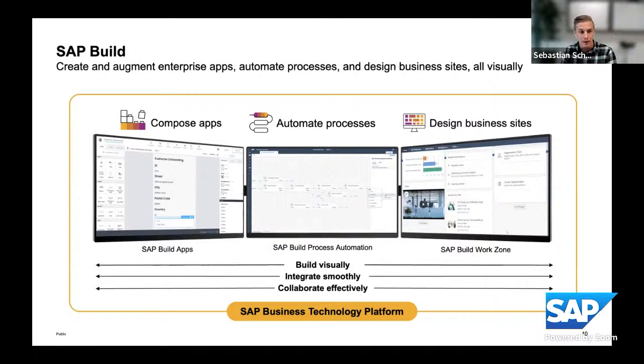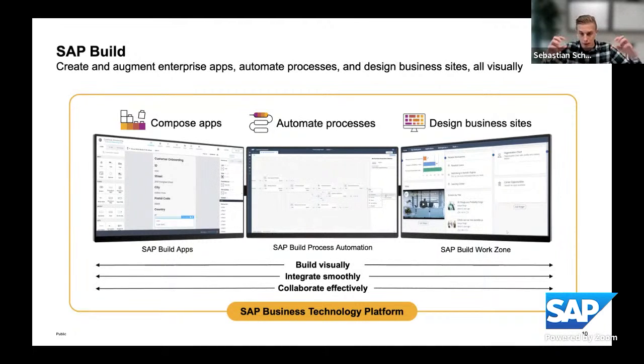So we have evolved SAP App Gallery to SAP Build Apps, ported it to BTP, added more functionalities to it. We have SAP Build Process Automation, which is an evolution of SAP RPA, SAP Workflow Management, and SAP Room. So 3 products evolved into one citizen developer experience. And then last but not least, we have SAP Build Workzone, which is an evolution of Launchpad and Works and the old Workzone solution into also one.